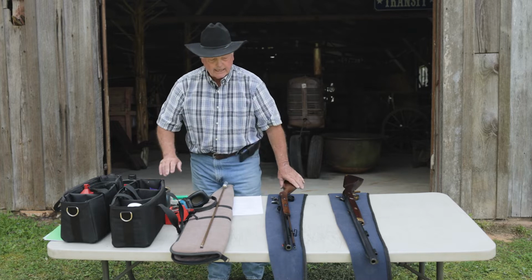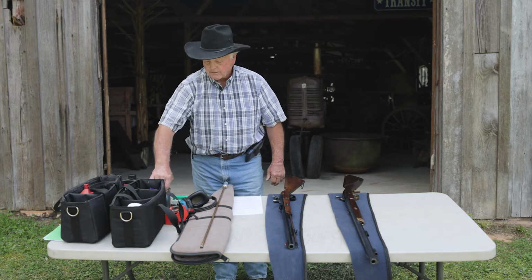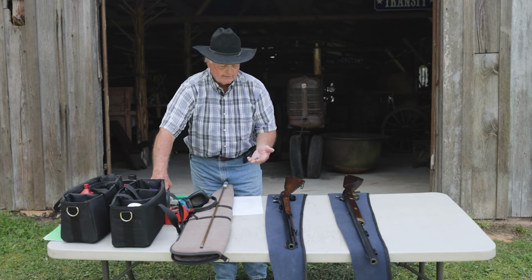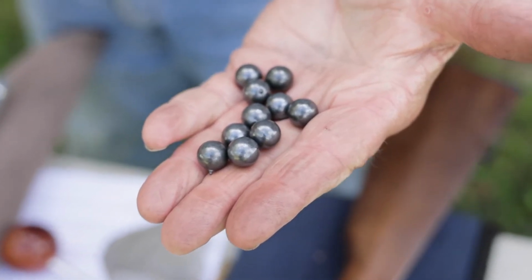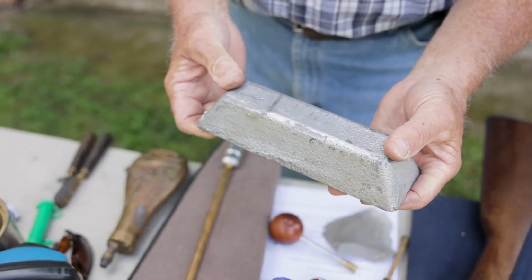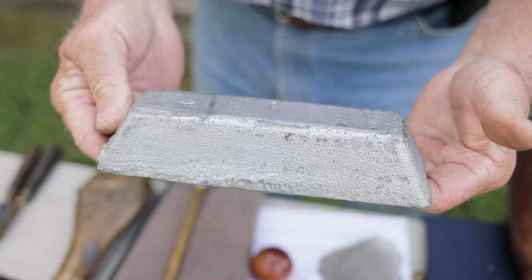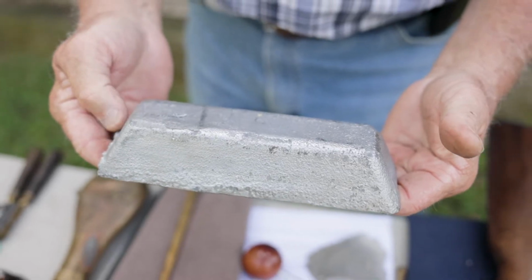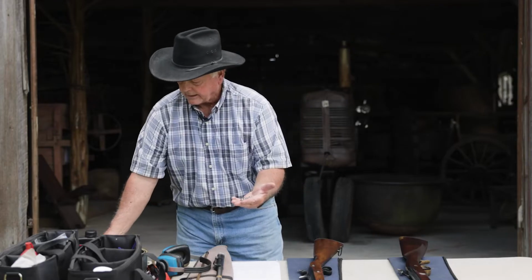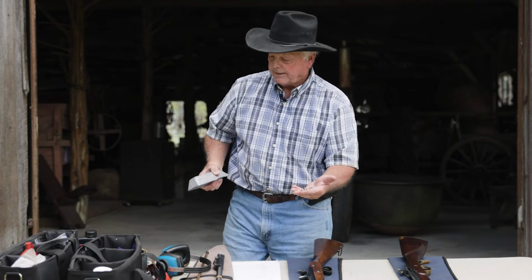The other thing you have to have to make a firearm useful or effective is a projectile. And back then, everyone used round balls. Round balls are made of lead, and it's a good bullet because it's heavy and dense, so it likes to penetrate. Lead starts out in ingots of one form or another that's melted,